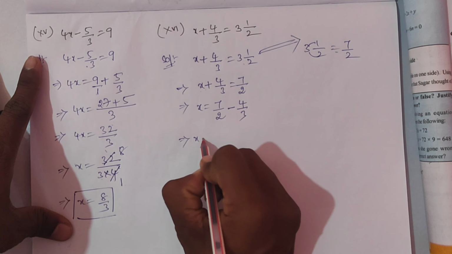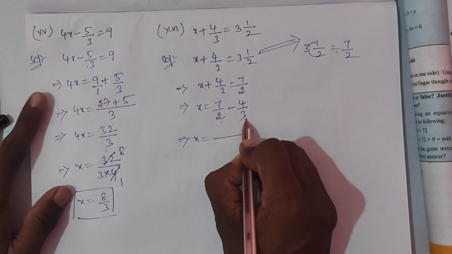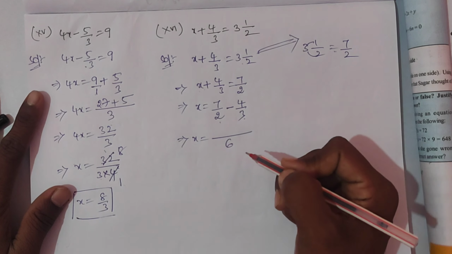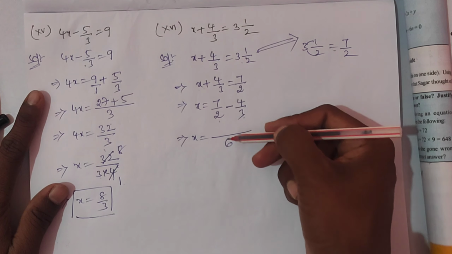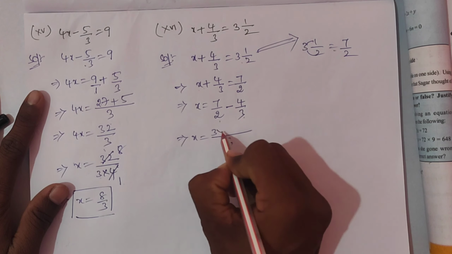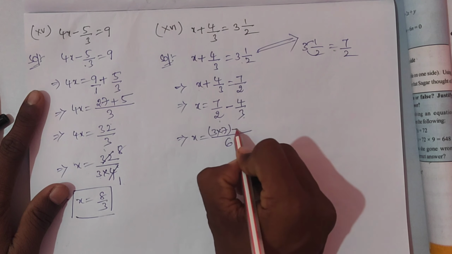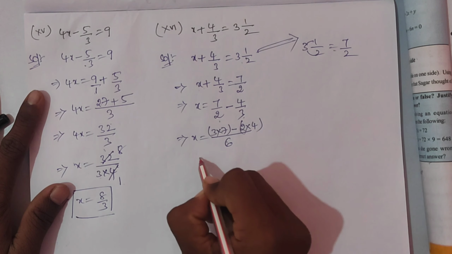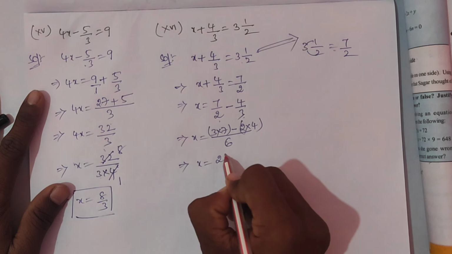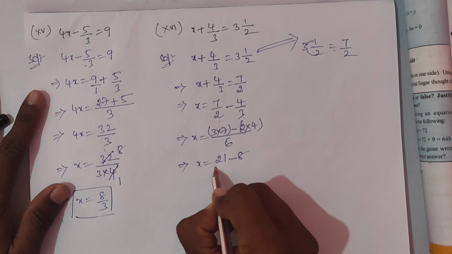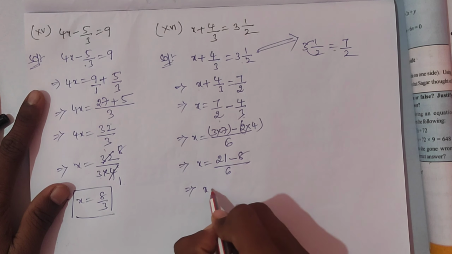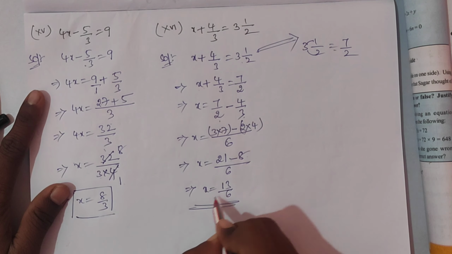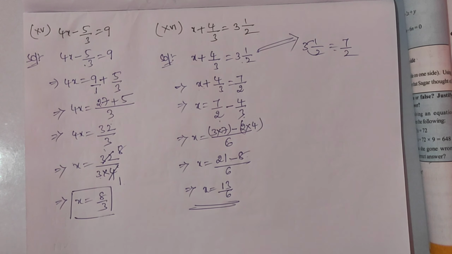This implies now consider the LCM of the denominators 2 comma 3. These two are what? Prime numbers. Now directly we can multiply to get the LCM. 2 3s are 6. 6 is the LCM. Now check it here. In 2 table 6 how many times? 3 times. Into what is the numerator here? 7. Minus, in 3 table 6 how many times? 2 times. Into what is the numerator here? 4. This implies x equals 3 sevens 21 minus 2 fours 8 by 6. This implies x equals 21 minus 8 is how much? 13 by 6. Therefore x equals 13 by 6 is the answer.